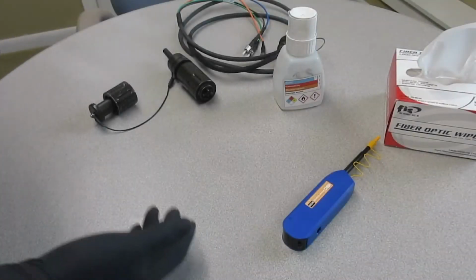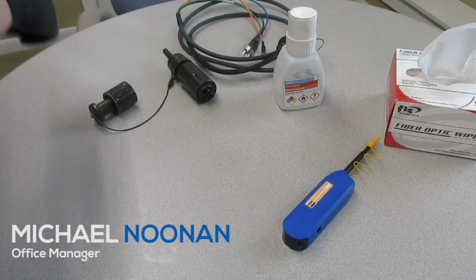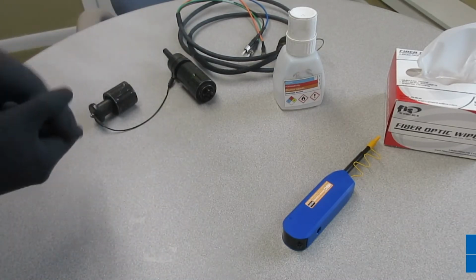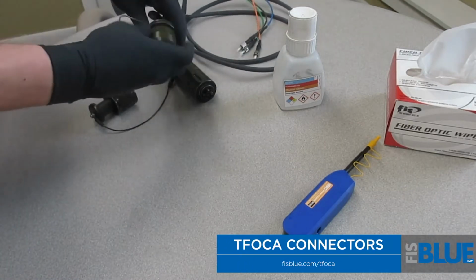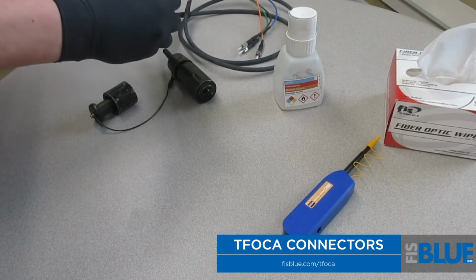One of the biggest challenges in a fiber optic network is keeping your connectors clean. Today we're going to go over how to clean some TFOCA-II connectors. I've got a jam nut receptacle here and a plug. So this is the jam nut, that's the plug. So we're going to start off